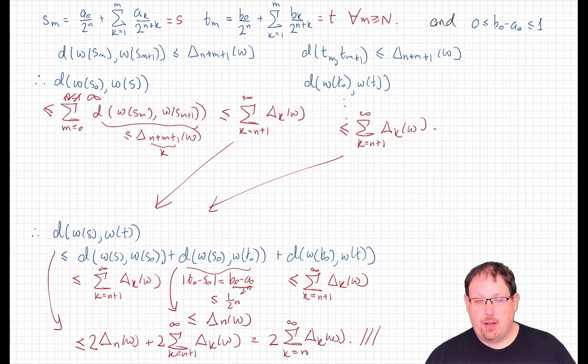Now that might all seem extremely technical, but it really is a very get-your-hands-dirty computational way to check whether a certain function is alpha-Hölder continuous. And we're going to use it to great effect in the next lecture to prove the Kolmogorov continuity criterion for stochastic processes.